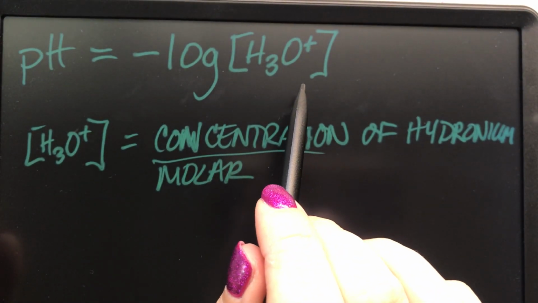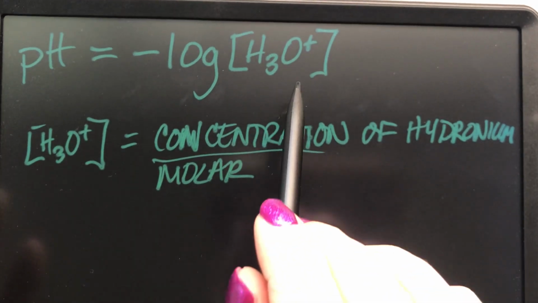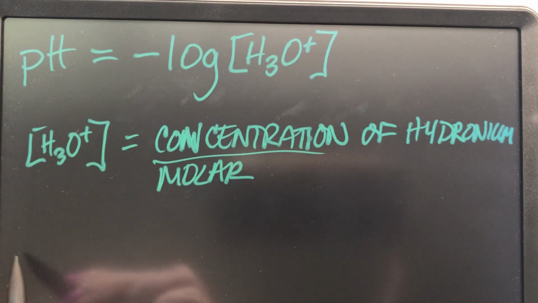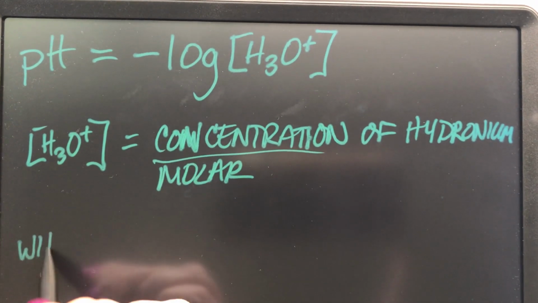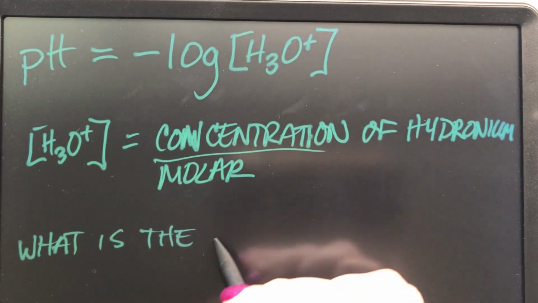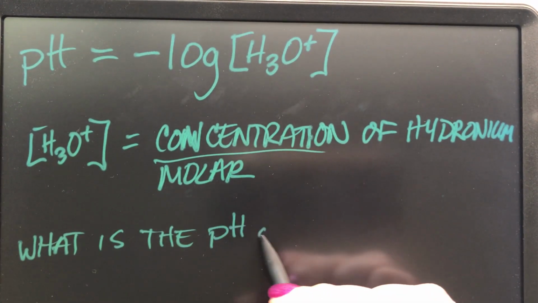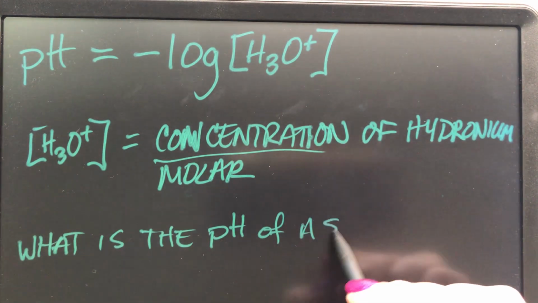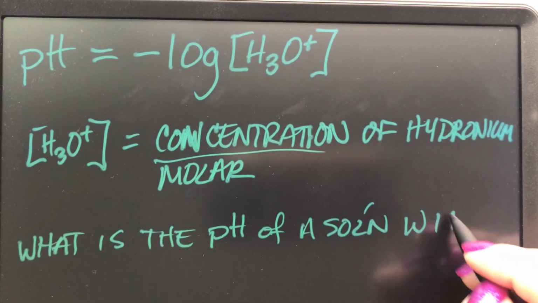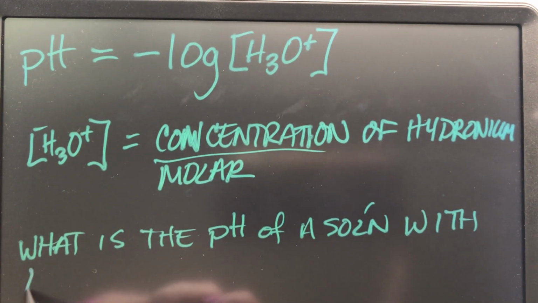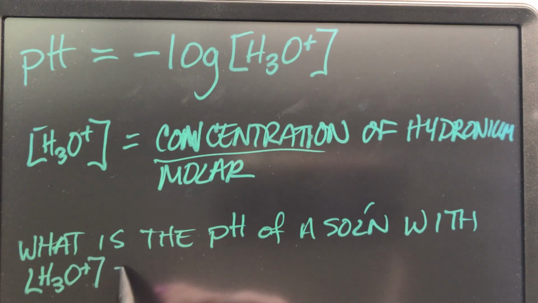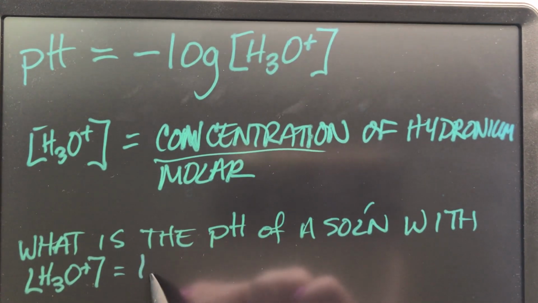If you do not know how to do that, this is your opportunity to check yourself. So, what is the pH of a solution with hydronium ion concentration equal to